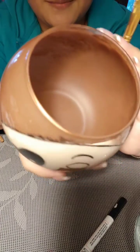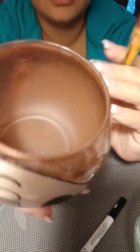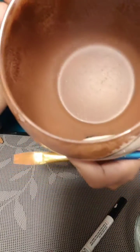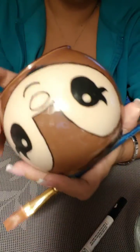Let it dry completely, and then do a second coat if you have to. Once you do that, try to go as close as you can to the edges, so you will cover those see-through areas. You see that? So we're just going to let it dry, and this is still see-through. We're just going to give it a second coat, let it dry, give it a second coat. And while you wait for that paint to dry,